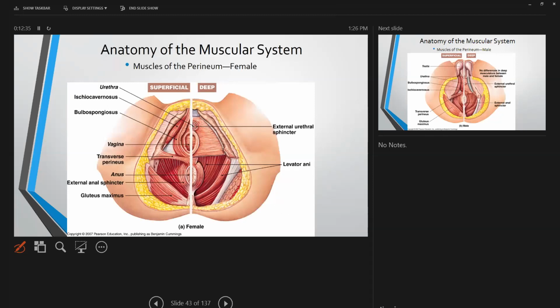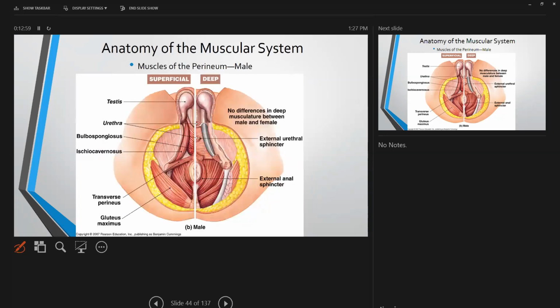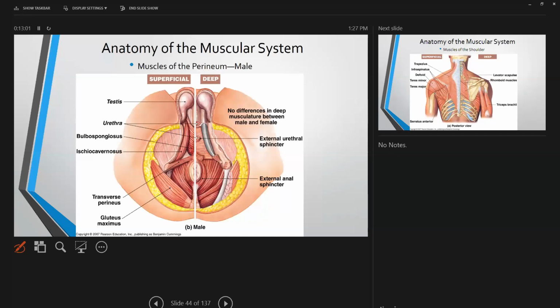These are muscles that are associated with the perineum, when this is a female anatomy. So these muscles are important in the pelvic floor or pelvic floor pathology, as well as with any rectal pathology or vaginal pathology. So we want to be aware of these and comfortable with the names. Here's the male perineum,